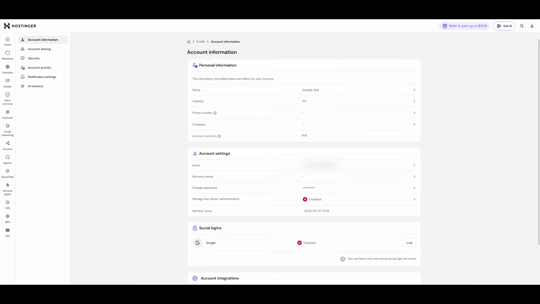That's all it takes to change your name in Hostinger. As you can see, the process is straightforward. Open your profile from the top right, go to Account Info, find Personal Information, select the Name field, update it,